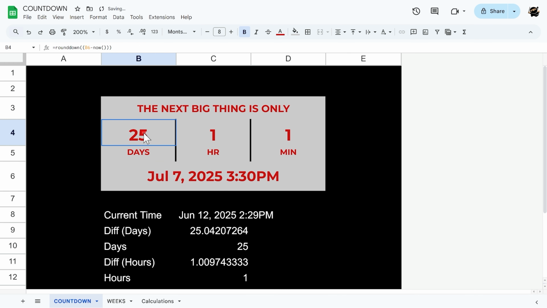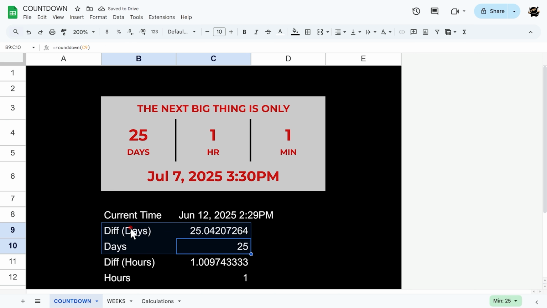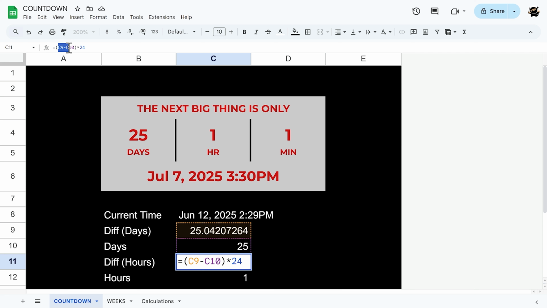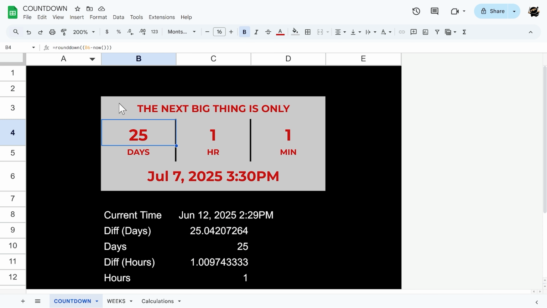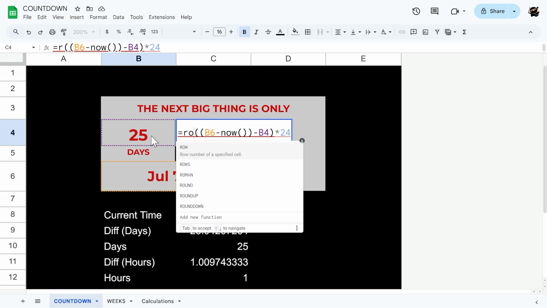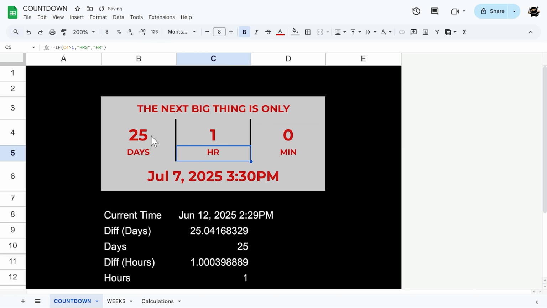So just like that. There's our 25 days. So you can see we got this part done. And now for our hours, we basically need to get the difference and then times by 24. So we can take this part and do this. So there's our whole number minus this, and then wrap those in parentheses, and then we'll do times 24 to get our hours. And then let's go ahead and start at the top and go round down. And there's our 1 hour. And then we can take this again,